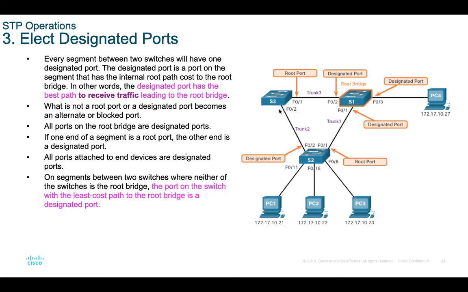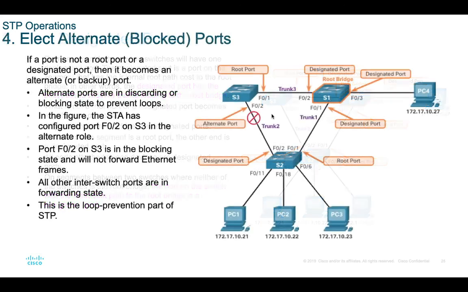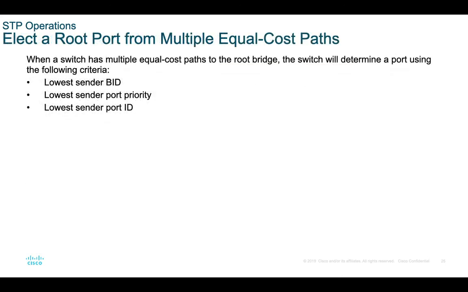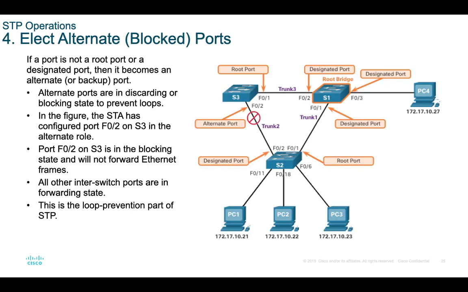So the port F0/2 on switch 3 will not be put in designated port, but will be called a blocking port, or non-designated port, or an alternate port. When we call it an alternate port, it will logically block all the data. So we have prevented a loop in here. That's how they create a spanning tree, or loop-free topology. But there are many other scenarios, not just three switches like this example.